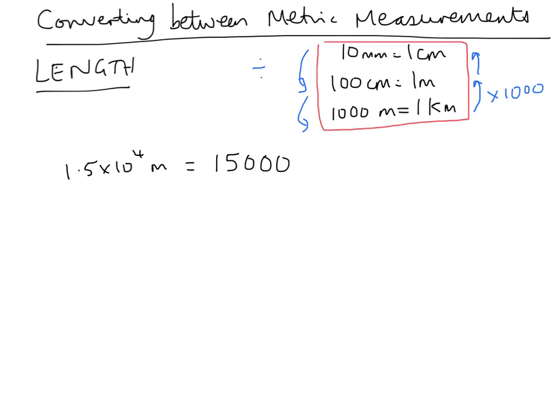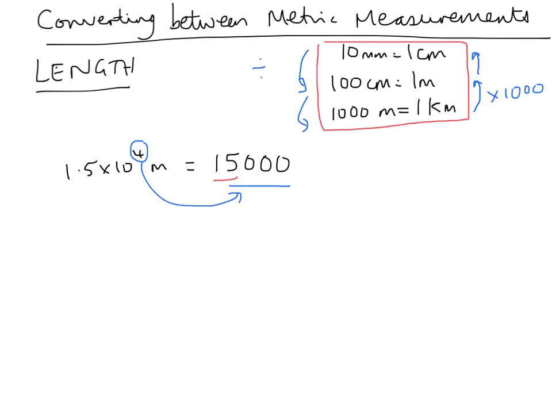So if you remember, 1.5 times 10 to the 4, I get my 1.5 here, without the point now of course, and I know how many digits to write down because that is there. So one way you can think about it for large numbers is it's always one digit extra to the number you've got up there. So if I want to turn this into kilometres, I'm going to divide it by 1,000